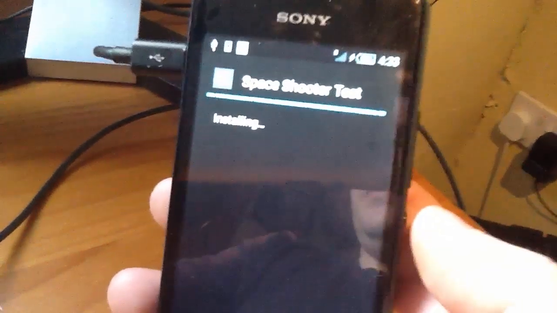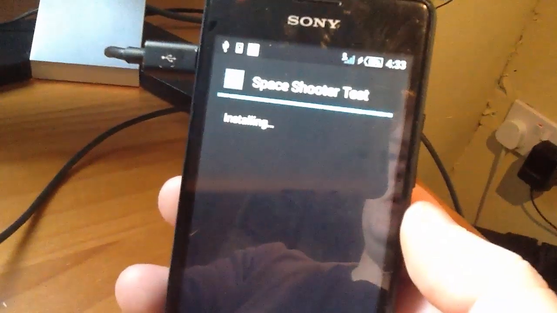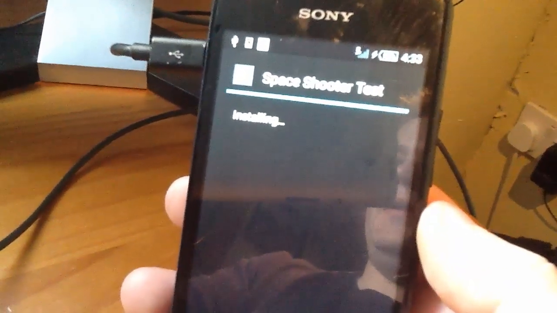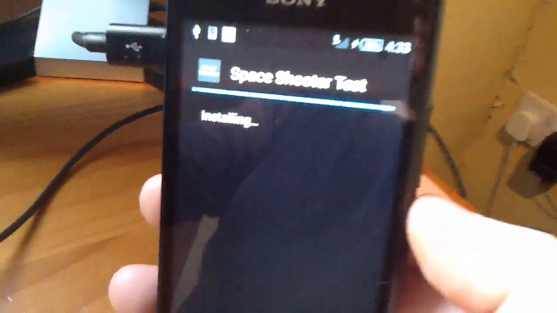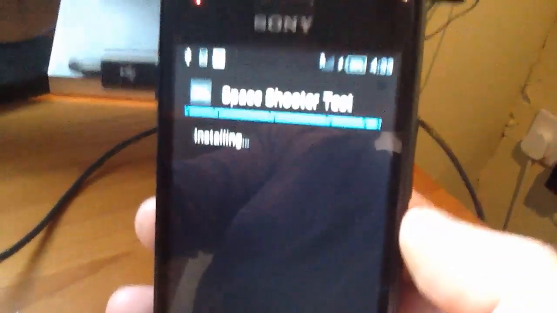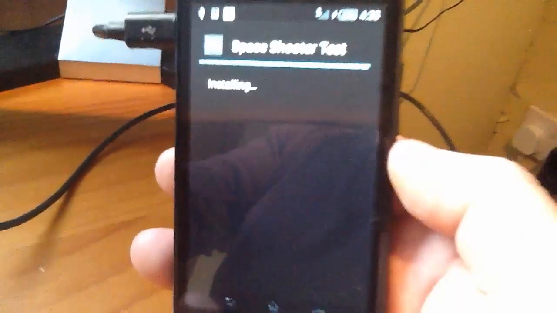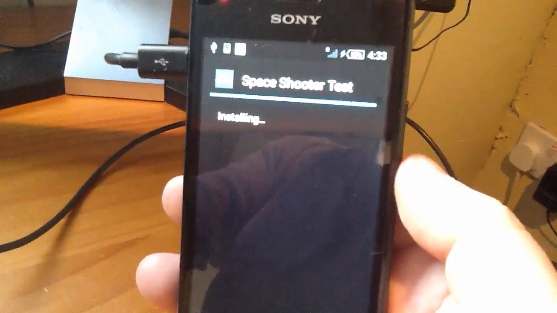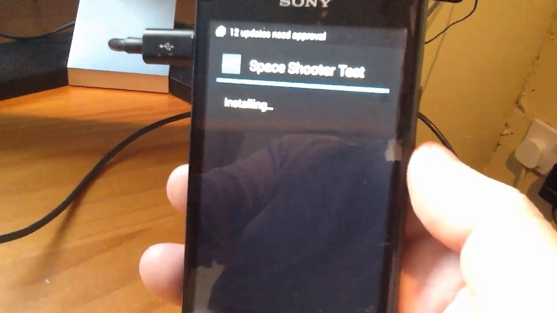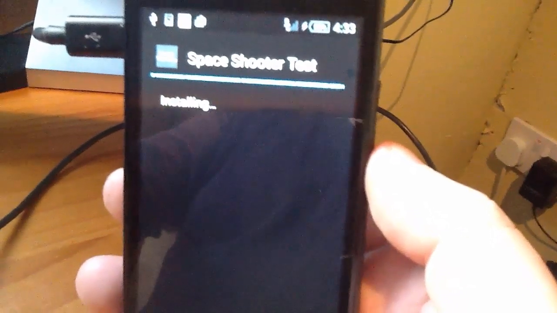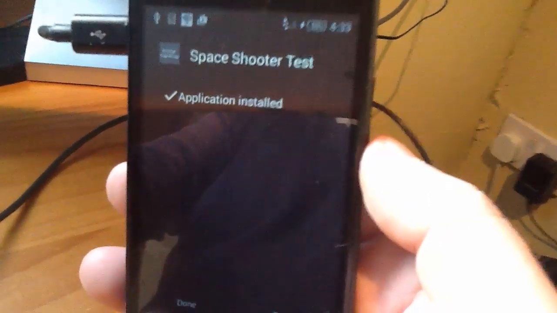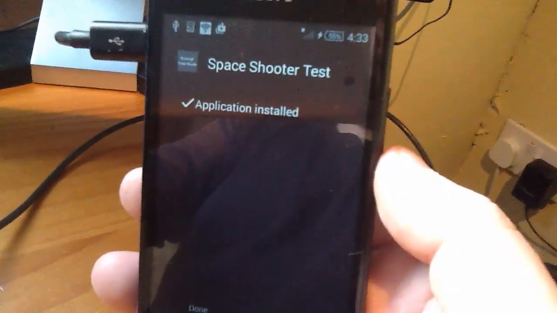If this is the first time you've completed this lesson, then you likely don't have a version of the game on your phone already. You have to wait a few moments, of course. And Android will tell you at some point that the game is done. Application installed. Okay. Now, we can click on the open button,